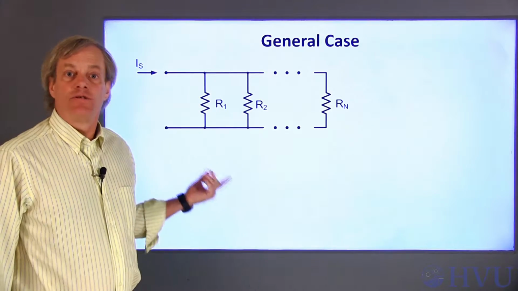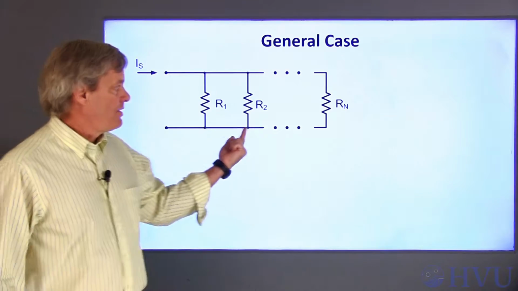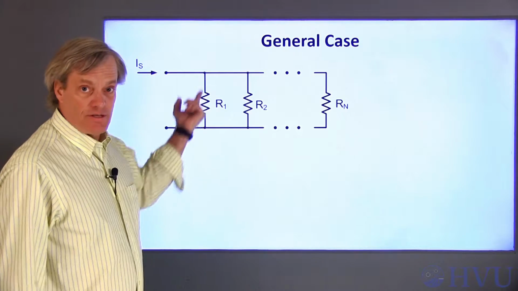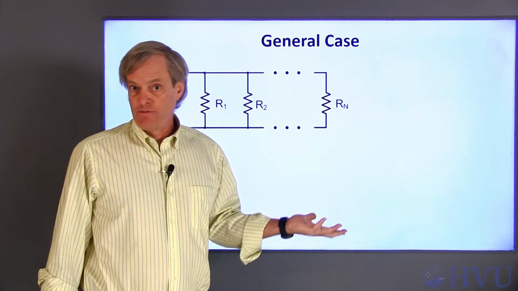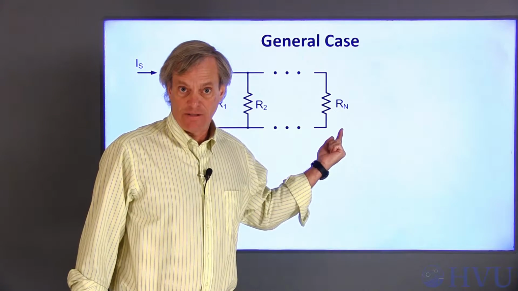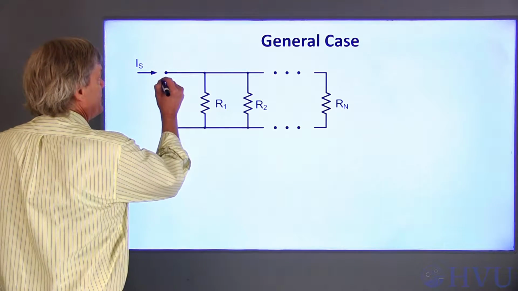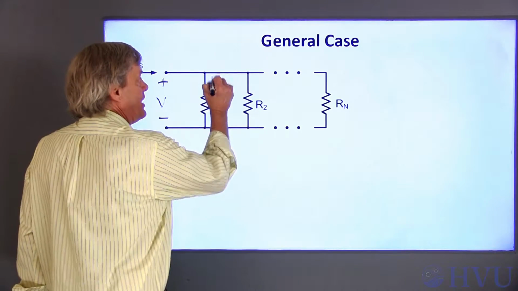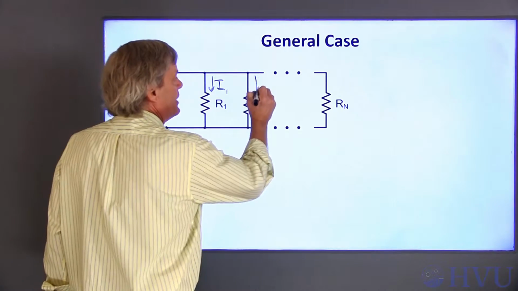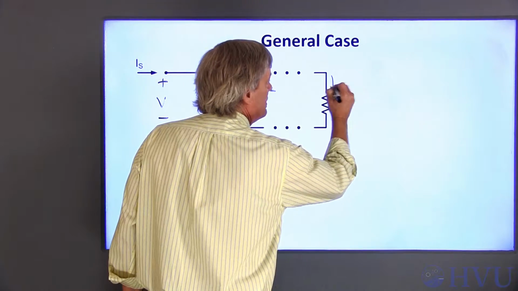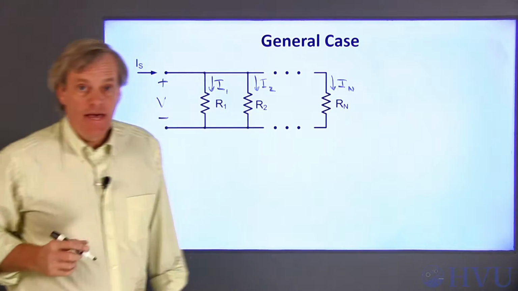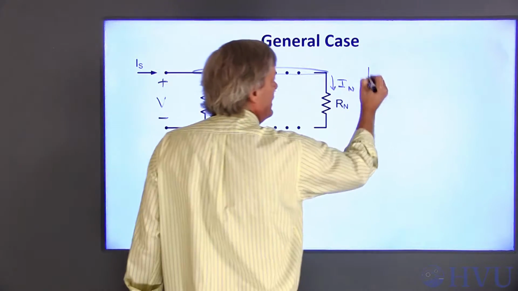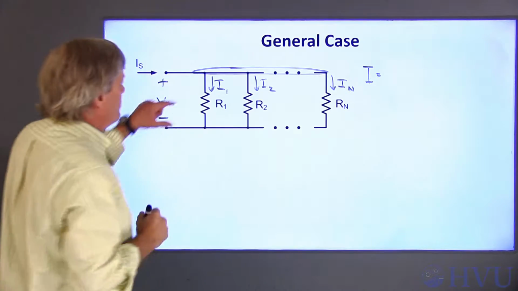Suppose we have n resistors, all in parallel. The resistors are R1, R2, up to Rn. If we do KVL around any loop in this circuit, it'll pass through two and only two resistors. So all these resistors are in parallel with one another, and they all share the same voltage V. Now, if I define the individual currents, I1, I2, up to I sub n, and then do KCL at this node, I find that I is equal to I1,